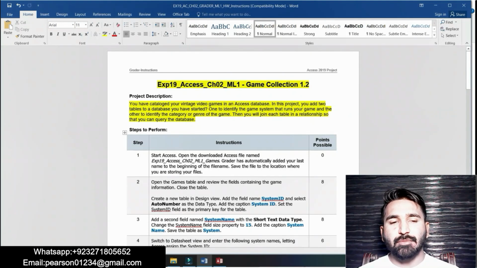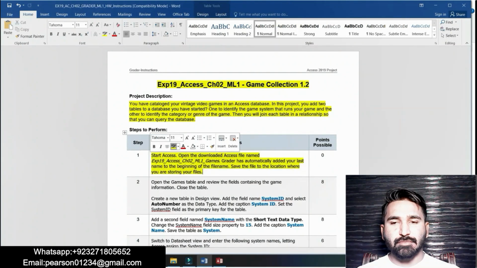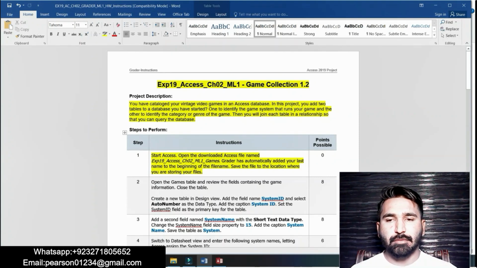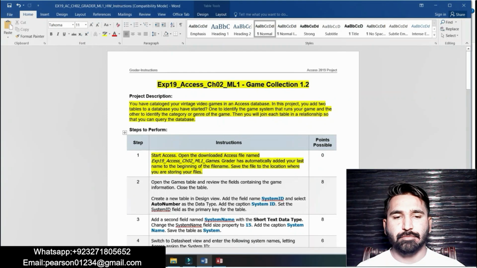Let's start our assignment and solve it step by step. Step number 1 is about starting the assess file. Open the downloaded assess file named XP19 assess chapter 2 ML1 game creator.